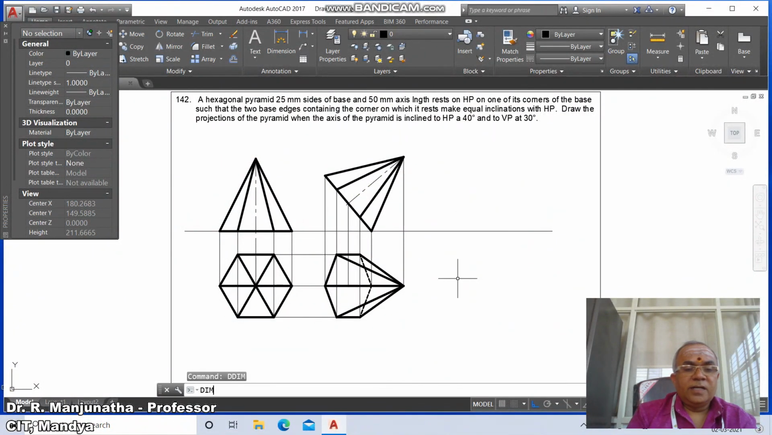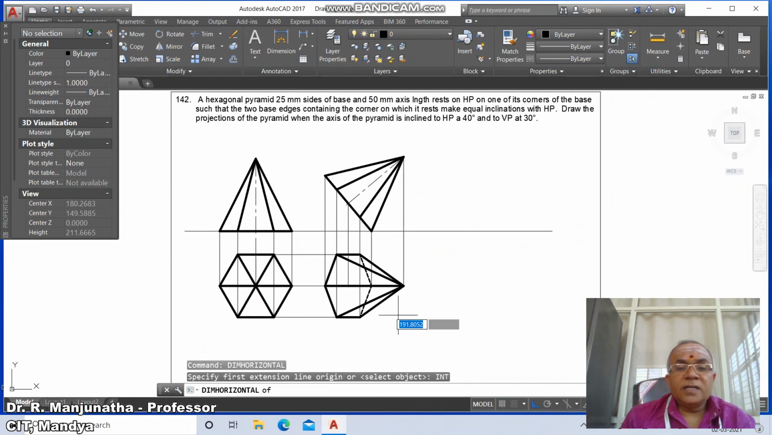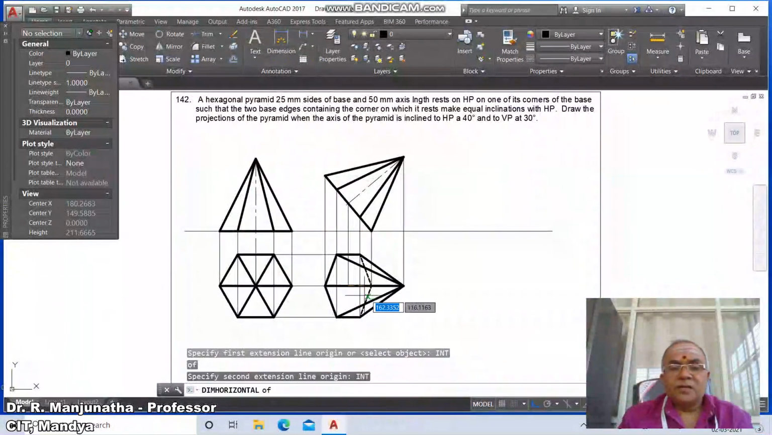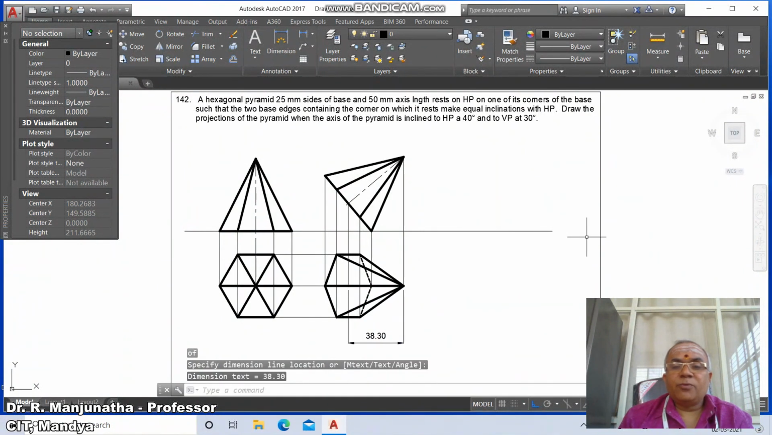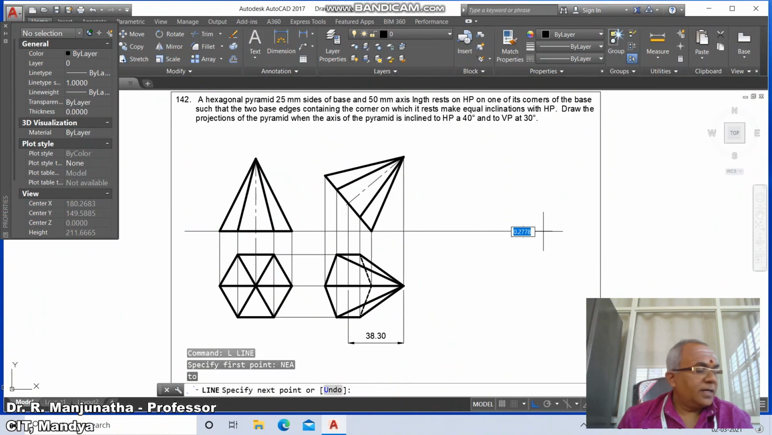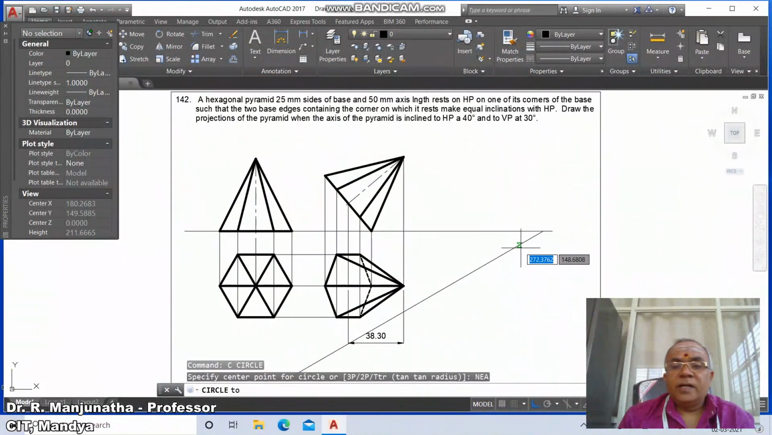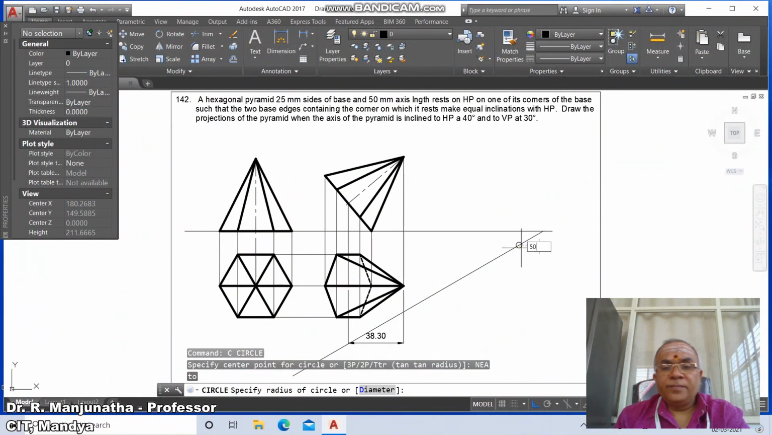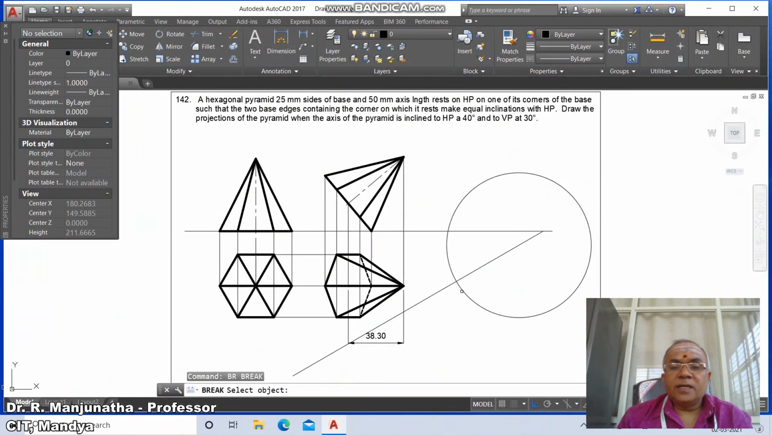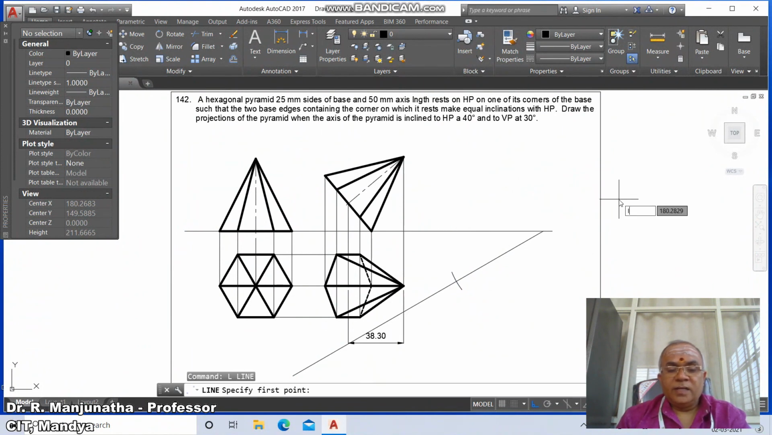Now we go for dimension horizontal, take the intersection point of this and the intersection point of this, then take this as 38.34. Then go to line, take the nearest point on this, take @200<-150. Then go to circle, take the nearest point and take the radius as 50 mm, then go to break the circle in the counterclockwise direction and again this in the counterclockwise direction, then go to erase, then go to line, take the intersection